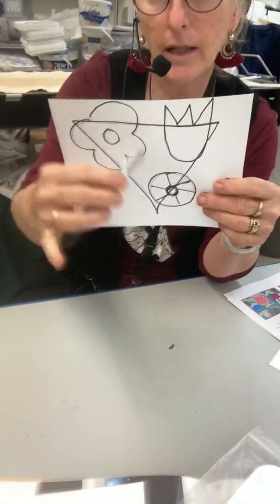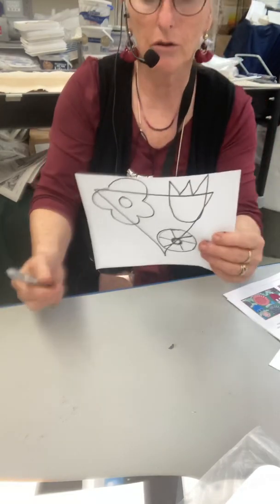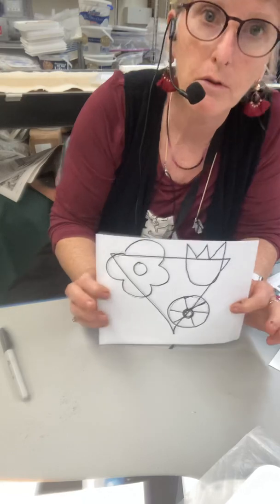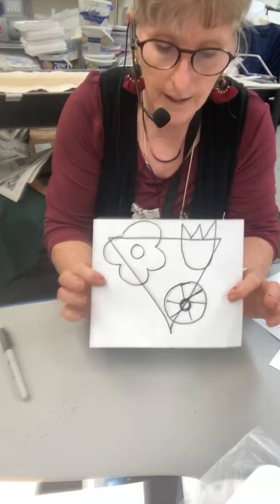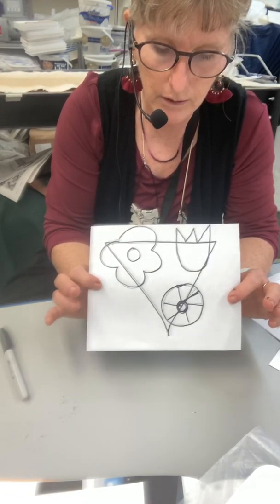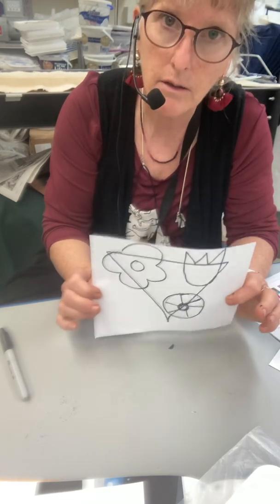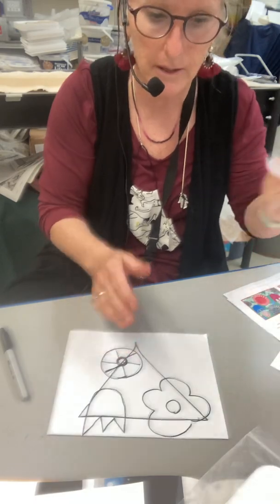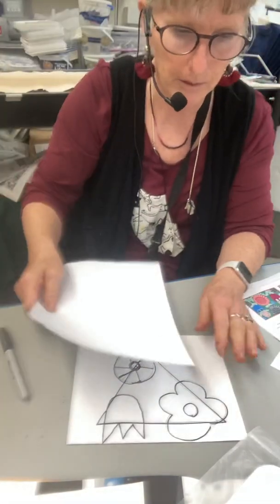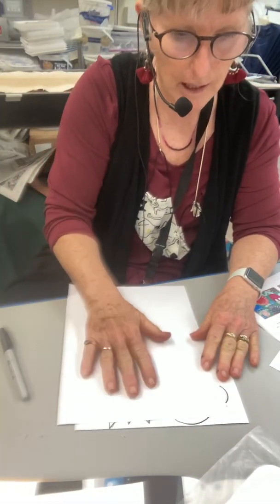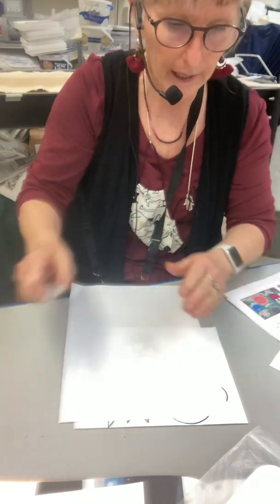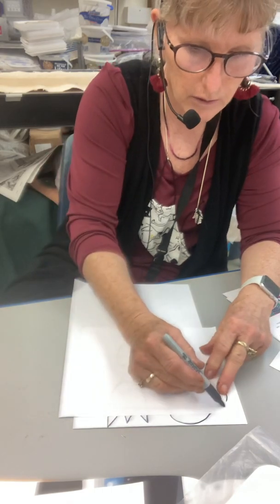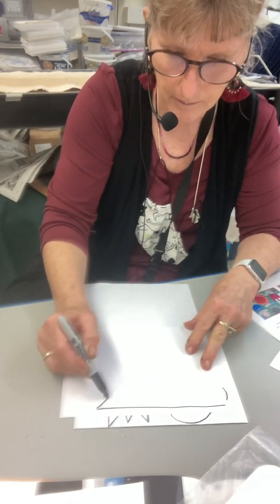Now I've outlined it so that I can see it, because we're going to cut out these pieces. We want to put them on another piece of paper so that we have our original design to go off of, and then pattern pieces. So you're going to create pattern pieces. On a bigger sheet of paper, you're going to lay that on top of your pattern, and you're going to trace each of those shapes individually. So I'm going to trace my base,